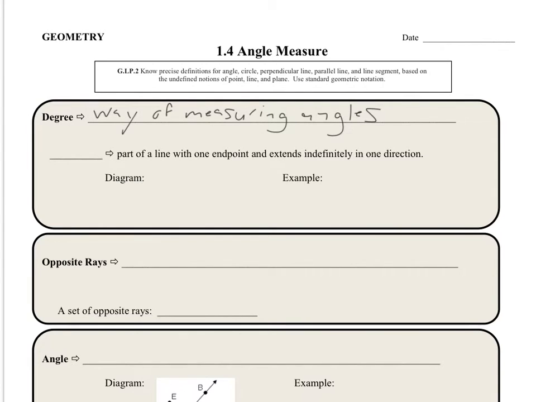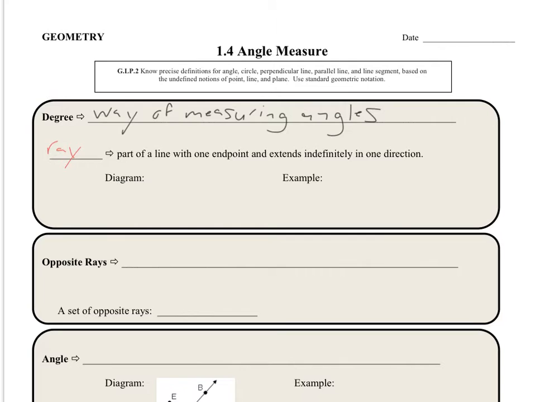Now the second thing that we're going to come across, we have the definition for a part of a line with one endpoint and extends indefinitely in one direction. Now this definition represents a ray. So in our diagram, we are going to draw what a ray looks like. So like it says, a ray is a part of a line with one endpoint and extends indefinitely in one